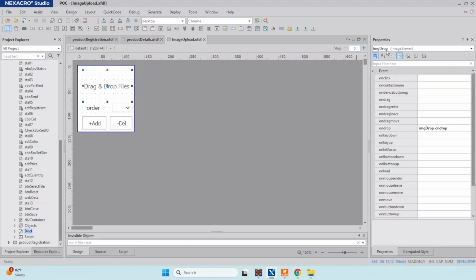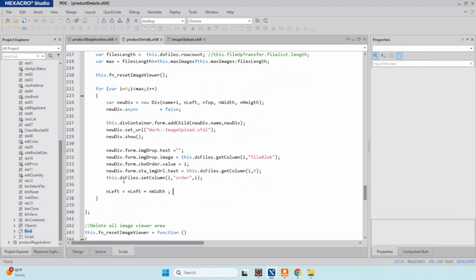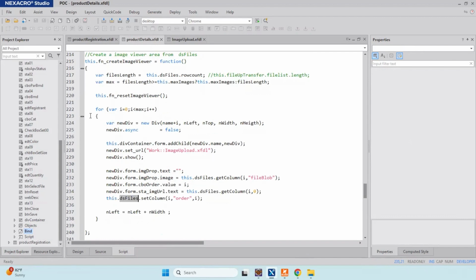So this is the image viewer, and we will set the image of this image viewer. We're setting the text as a name, and then we are setting the order from the DS file column. So we do this for all the images that we selected.